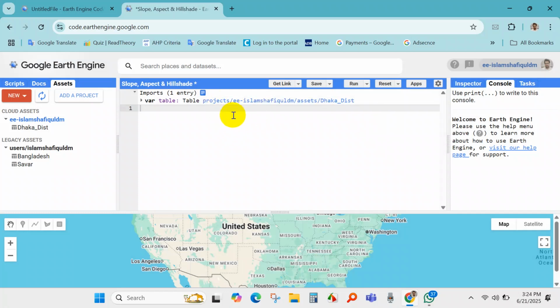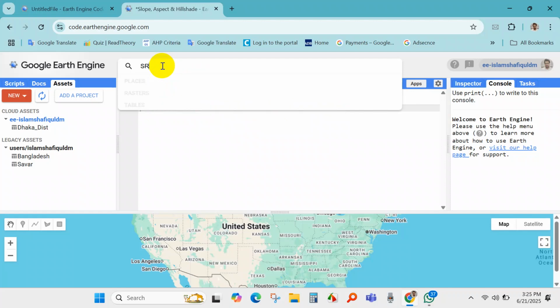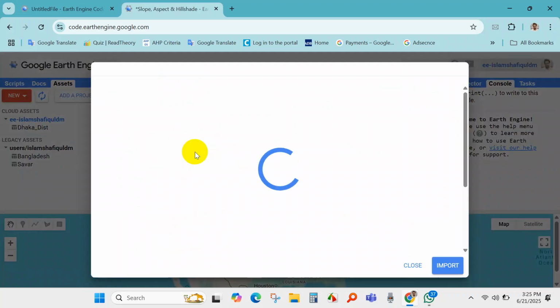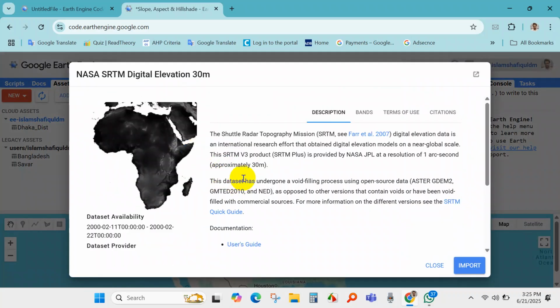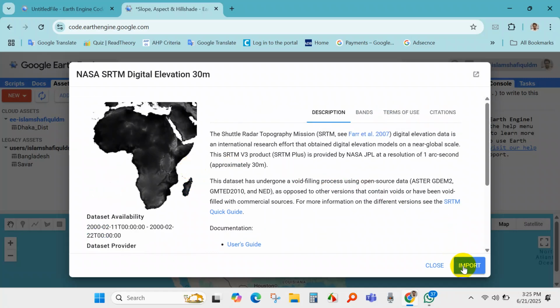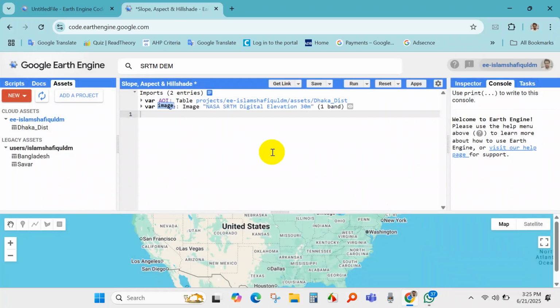I will name it AOI, area of interest, and then just go to the search bar and write SRTM DEM, and then you will find NASA SRTM digital elevation 30-meter. So here you can see, yeah, this one, or you can click import. So my study area and DEM have been already added. So I'm going to rename the DEM as SRTM,